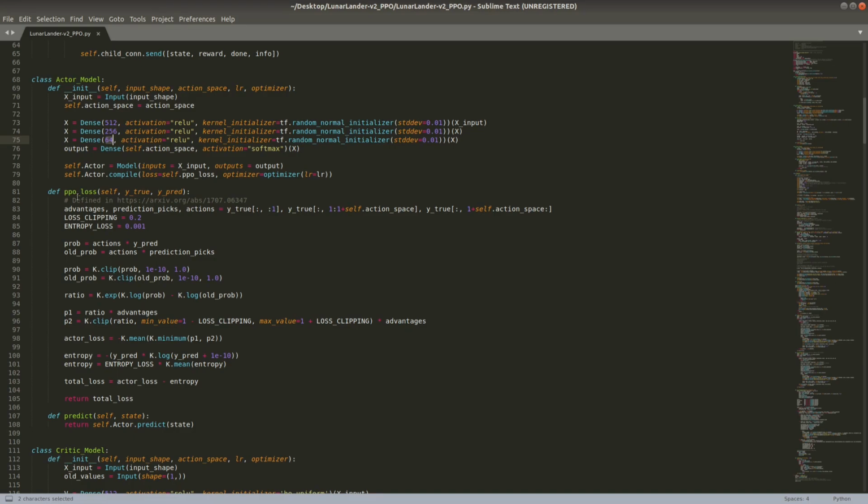Everything is combined and compiled with the custom PPO loss. This is where the magic happens, and this is the most important part of the Proximal Policy Optimization algorithm. So let's first understand this loss function. But first I should say that I'll not go into details, because for me it's also quite hard to